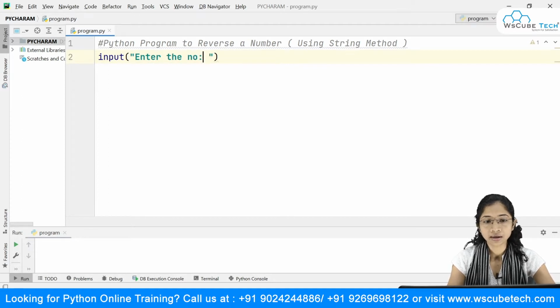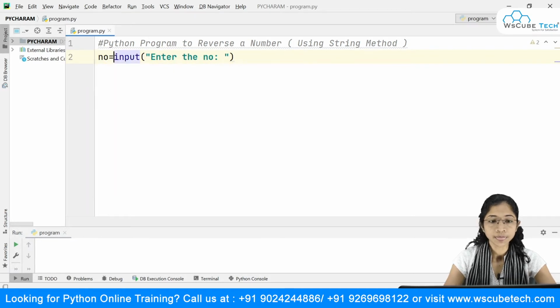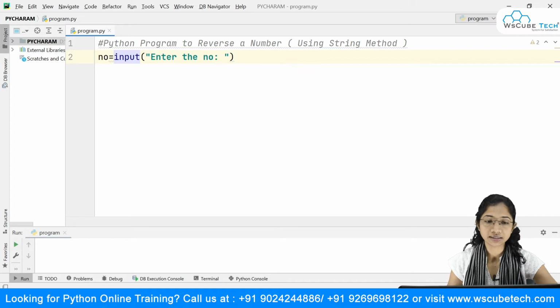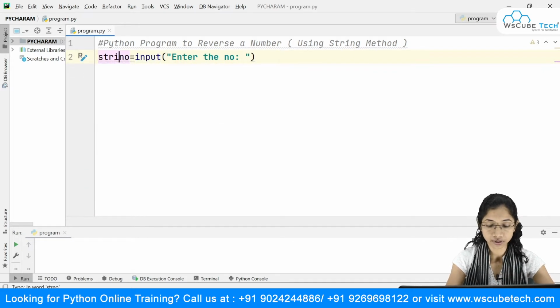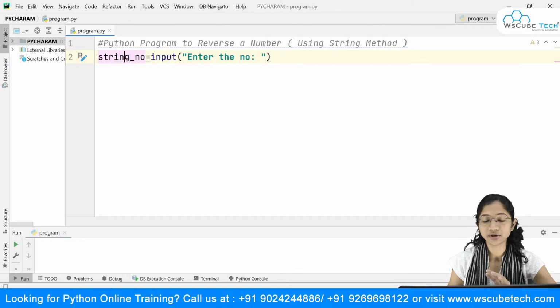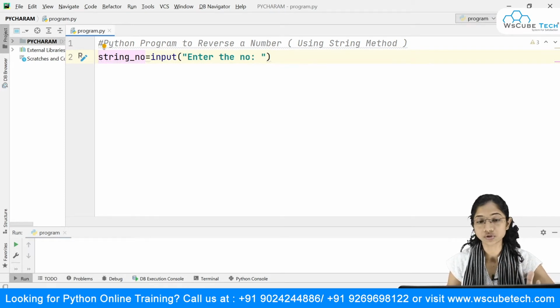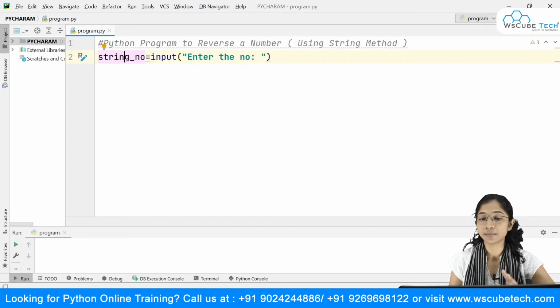I will store this inside a variable, so let's take this as number. As you can observe, I have not done the type conversion here. The particular number which I'm going to take from the user would be considered as a string, so it's better that I write here that this is a string number. By default, when I take the input from the user, it will read this thing as a string and not a number. And in order to make this a number, we need to do a type conversion, that is, we need to write here int.